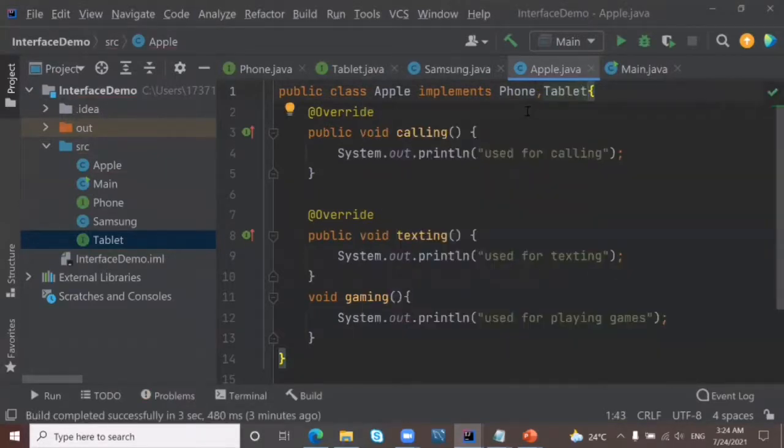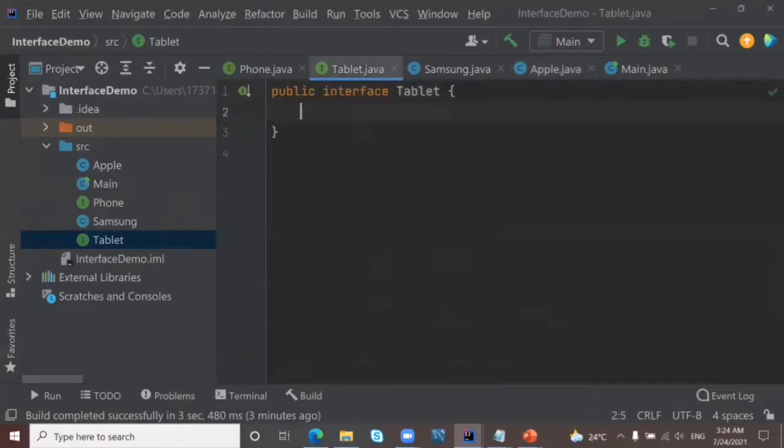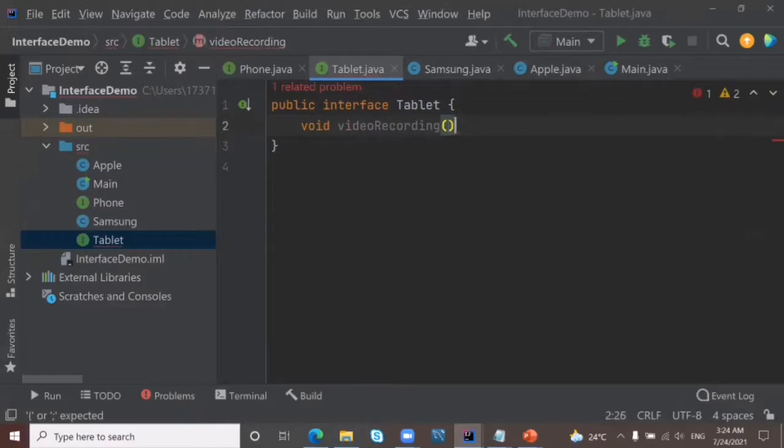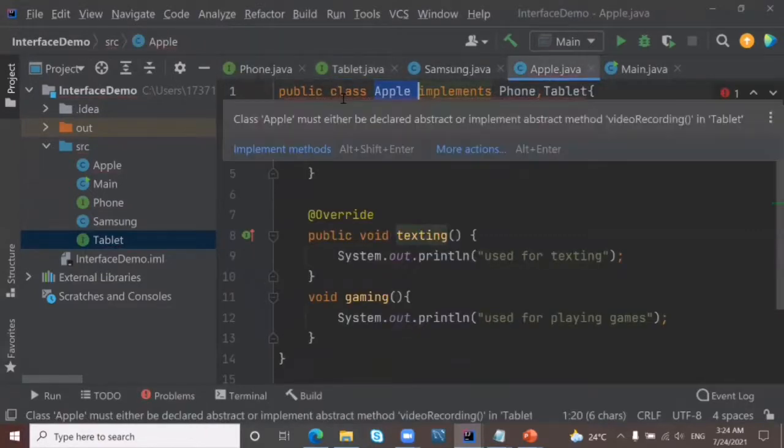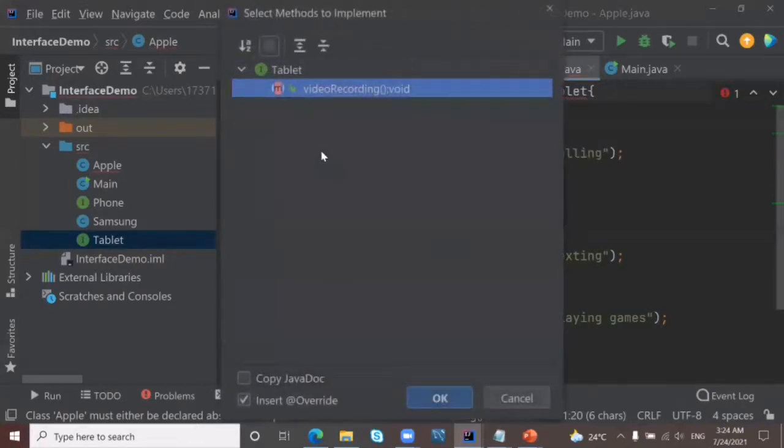In an interface, we will be able to inherit properties from both the interfaces; the class will be able to implement methods. If I write a method in this Tablet, void video recording, that is the method I created in this Tablet. Now when I go to this Apple class, it tells us to implement the method video recording.